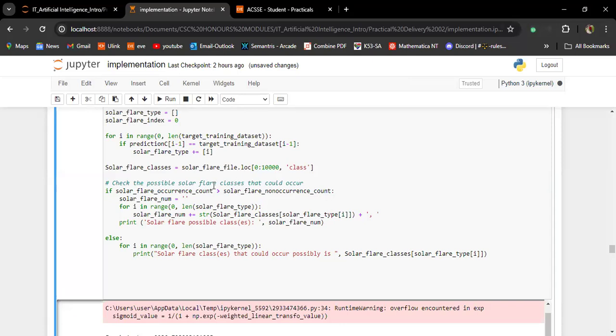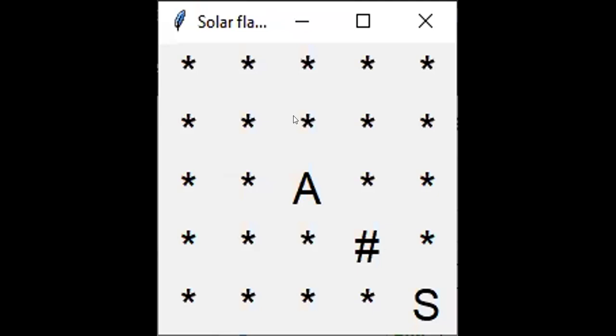Right, let me share. All right, so when it gets to this position, it notices that a solar flare is currently taking place, and then it stops the agent. Then, as soon as the solar flare disappears, the agent continues to move to where the satellite really is.